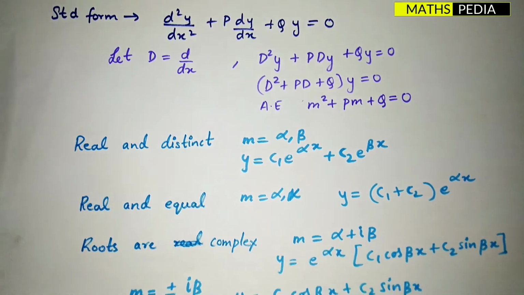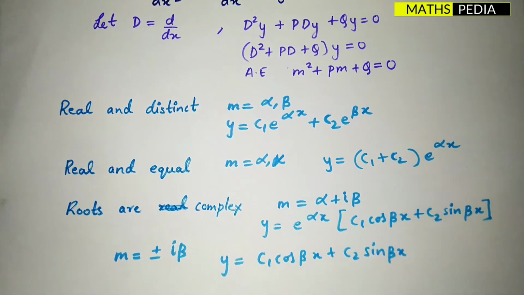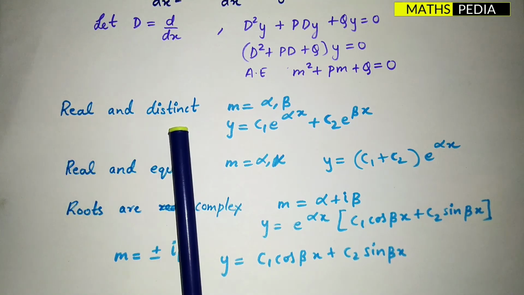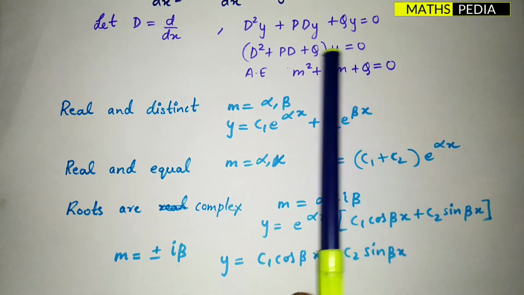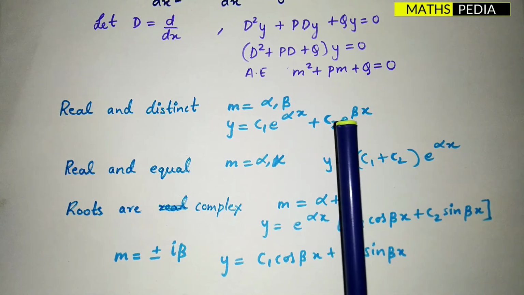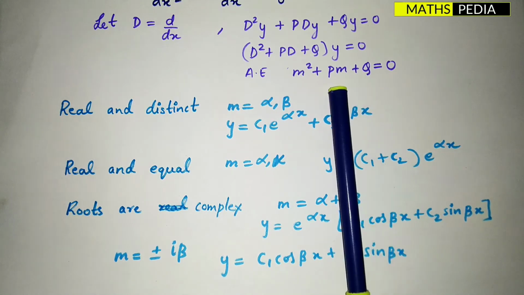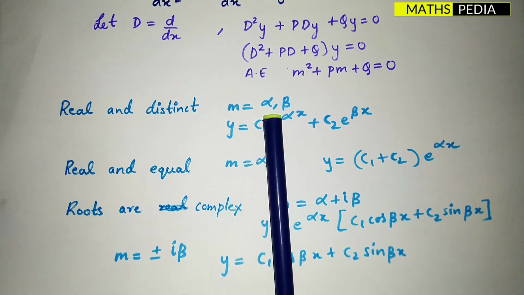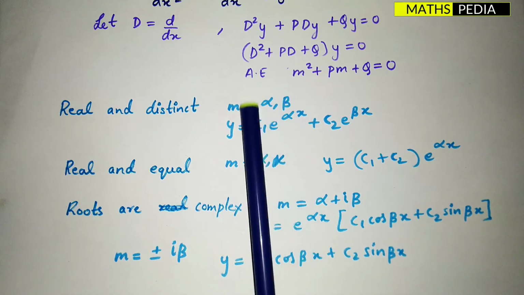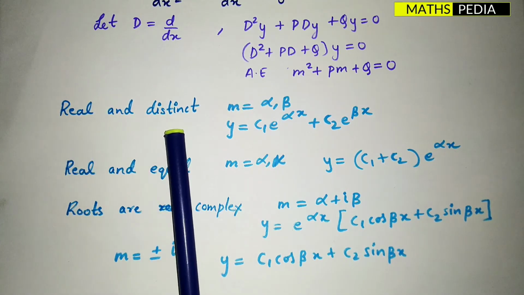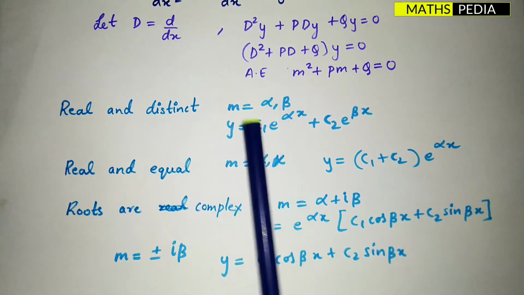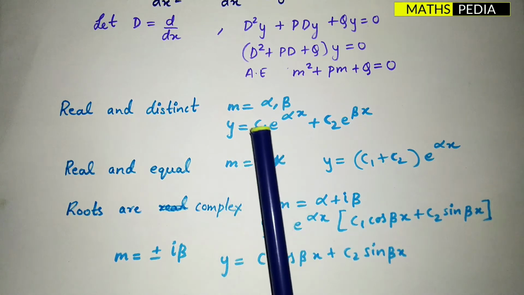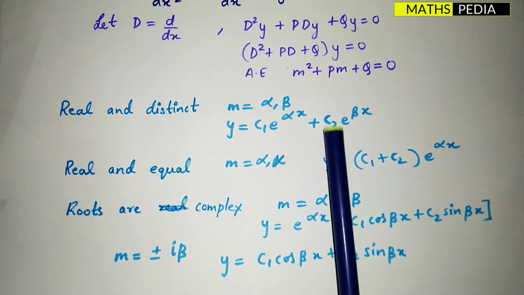So considering 2 roots, there are certain cases you have to see. The first case is real and distinct. Whenever you get m, you have to solve this equation. You can solve it by factorization, or you can use a calculator as well. Now m is equal to alpha comma beta, that means 2 real and distinct roots. Real and distinct means they are different as well as real numbers. In such a case, your solution will be y is equal to c1 e power alpha x plus c2 e power